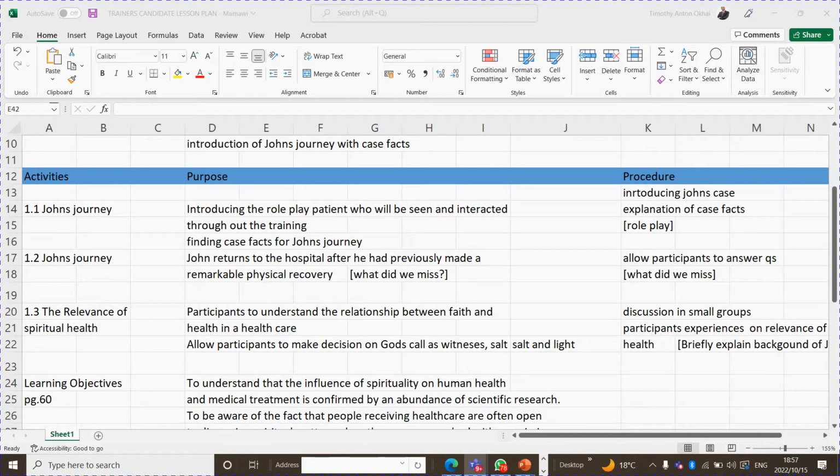Then I'll go to activity 1.3, which is the reverence of spiritual health. The purpose is for participants to understand the relationship between faith and health in healthcare, and to allow participants